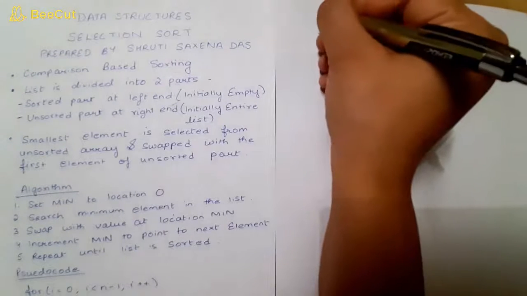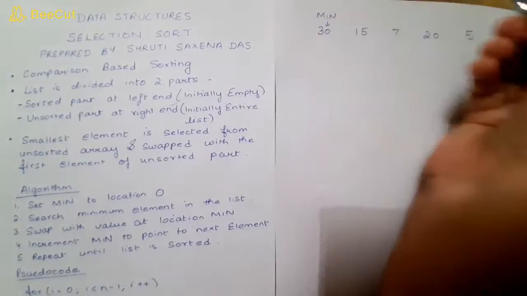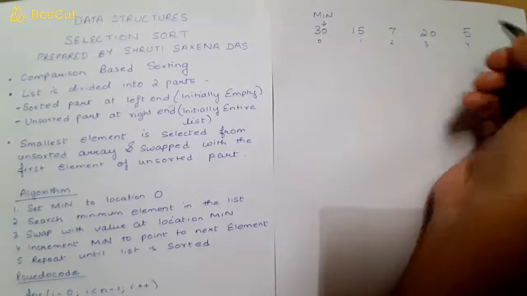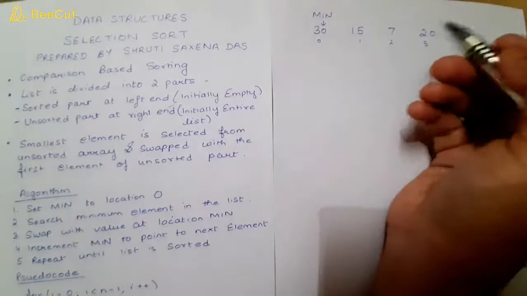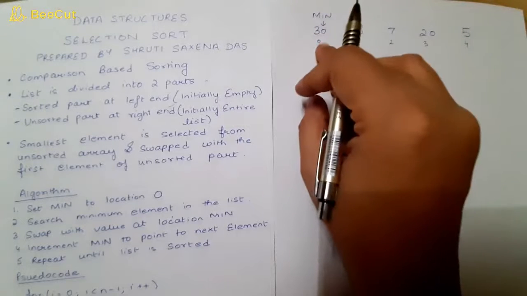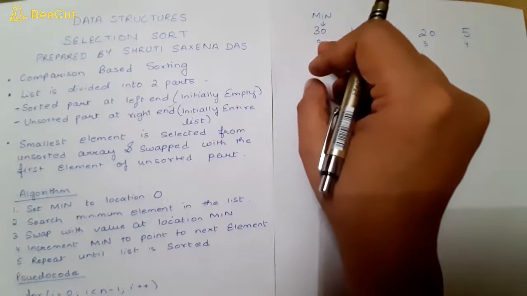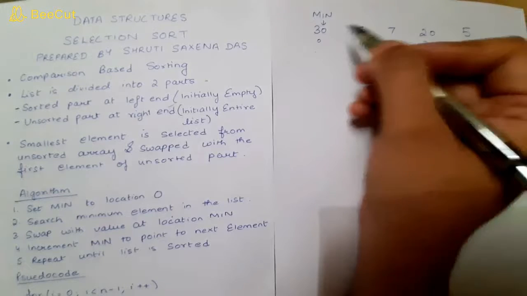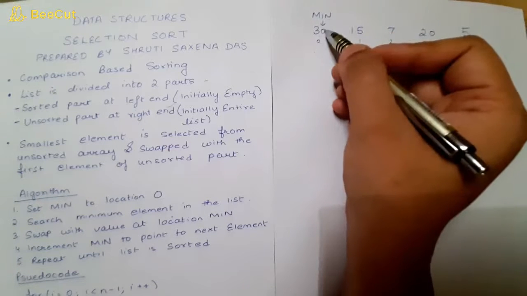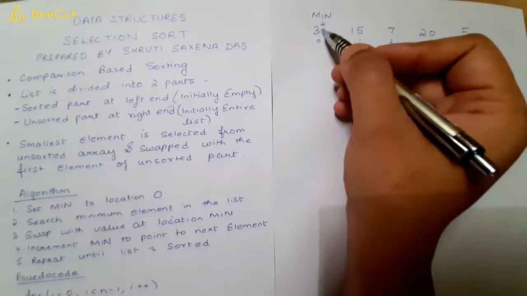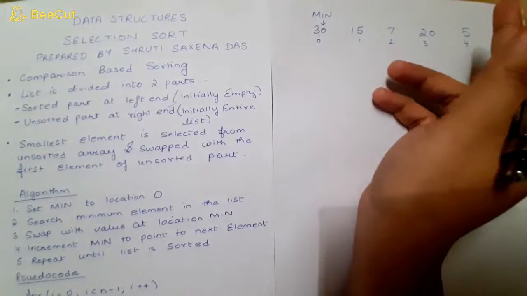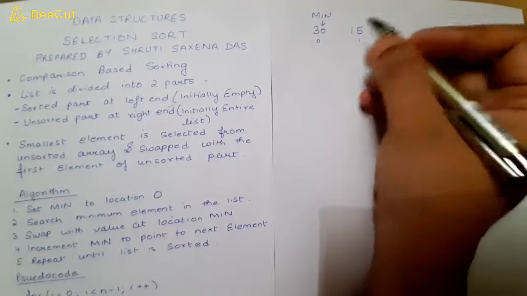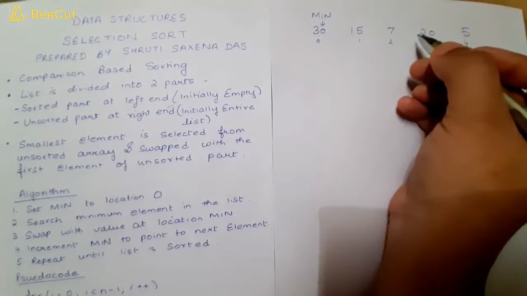That means this min is pointing to location 0. The indices are 0, 1, 2, 3, 4, as array index starts from 0. Here in selection sort we have to check for the minimum element in the rest of the list, and swap it with the value pointed to by min. That is the basic concept of this algorithm. So we need two loops. The first loop will run from 0 to n-1, and the second loop will be used for the comparisons.